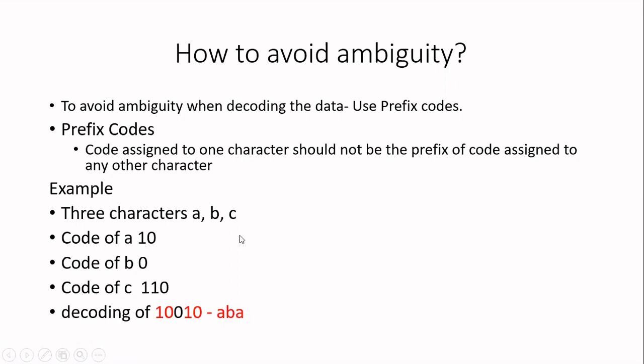So now, if you use this prefix code, whatever message you are sending, you can send the message and you can decode it without any ambiguity. And here another advantage we have, we are not using the fixed length code, we are using only variable length code. Because of that, we can reduce our communication cost and then storage cost. Now, this is how we are going to proceed with variable length coding.